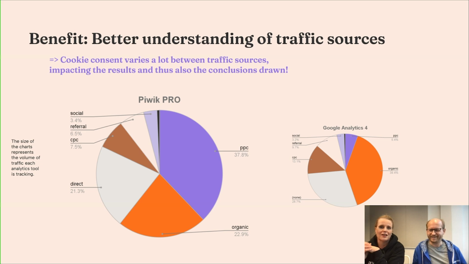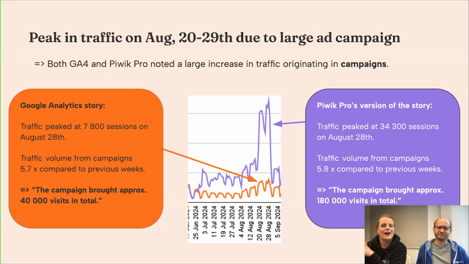Let's get to the next slide. Great, thank you, Mikko. And then to the peak, which might look like an anomaly. Well, it's actually not an anomaly per se, because the client wanted to run this quite big campaign at the end of August to try to get more leads to their site. The marketing team added a lot of money to the marketing, and of course we also saw this effect in the analytics. Again, the orange line here is for Google Analytics, and the purple one is from Piwik PRO. It's just a piece of the previous graph that you saw.